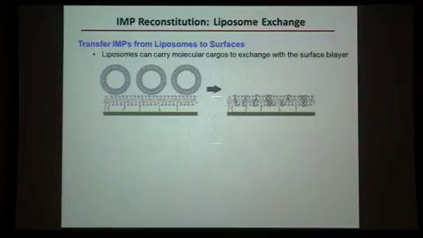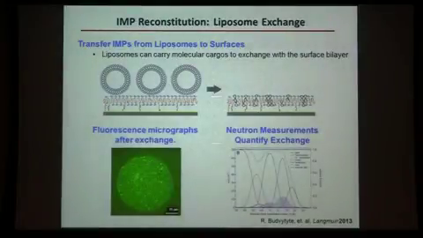To transfer from liposomes to the surface, we have examples now from the group where you can basically wash liposomes over the bilayer surface, and if you label your lipids with fluorescent tags, you can see the actual fluorescence, these green fluorescence dots here, showing that the lipids actually exchange. So they basically exchange into the membrane and then you wash the liposomes off, and you see the residual green fluorescent